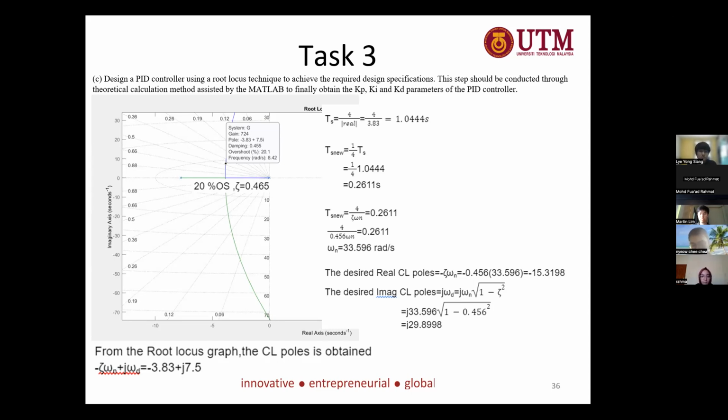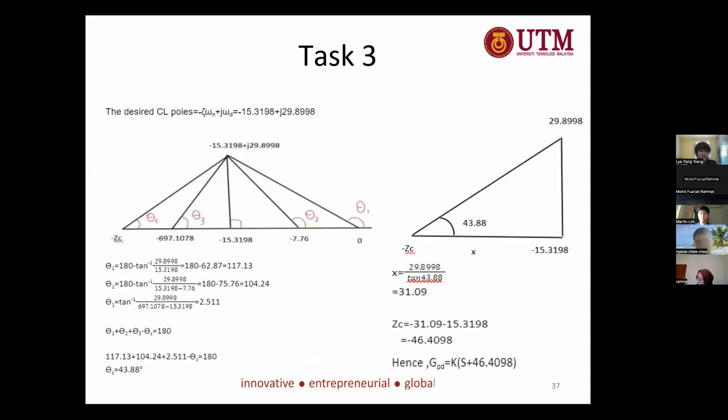The omega D will be omega n times the square root of 1 minus zeta squared, so we get our imaginary CL pole will be j29.9. Next, we can draw the triangle graph, then we can calculate the angle of our zero, which is theta C. And then we get our theta 1. Theta 1 will be 117.13, and then theta 2 will be 104.24 degrees, and theta 3 will be